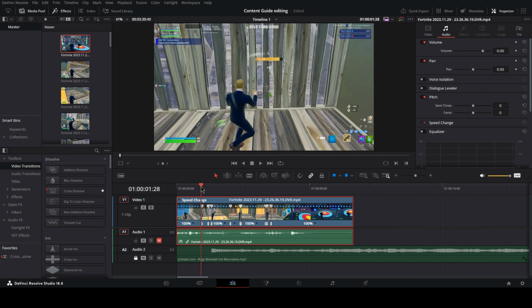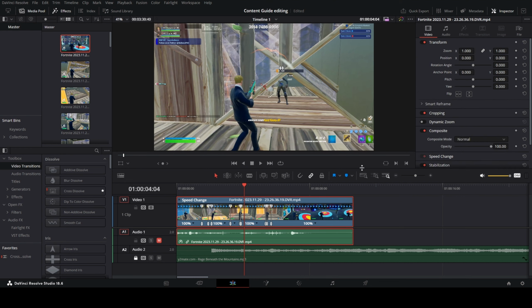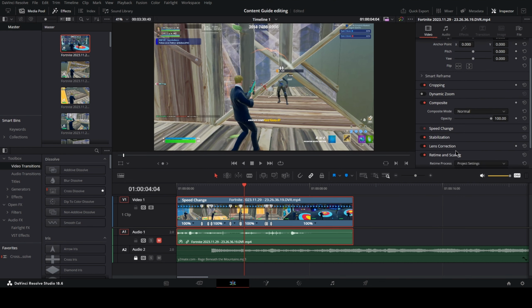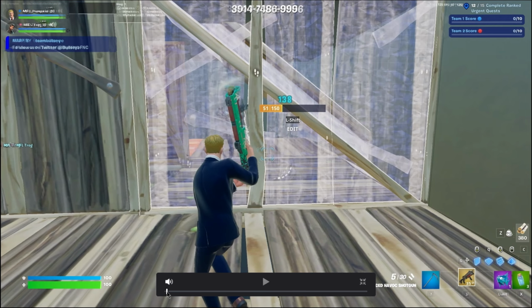Now, of course, this is great and all, but if you want it to be even smoother, when you click on video, you've got all of this stuff over here. Go down to retime and scaling, retime process, optical flow, and then speed warp I believe is with a paid version, so you can only really do enhance better if you have this version. So if we look at it now,